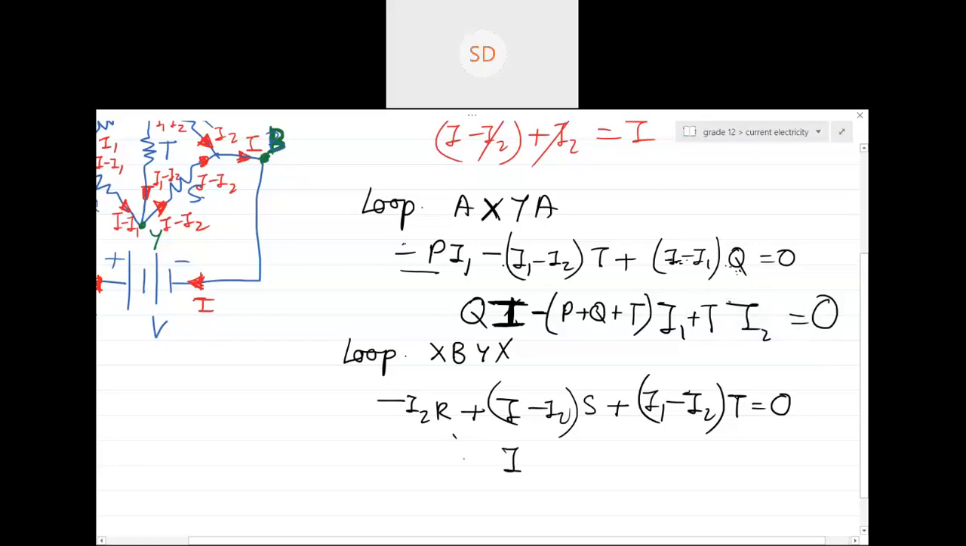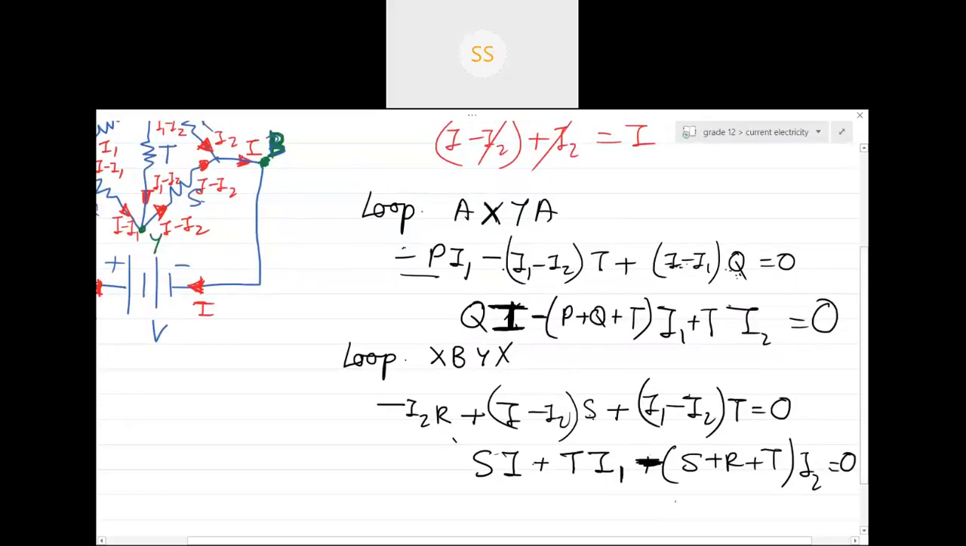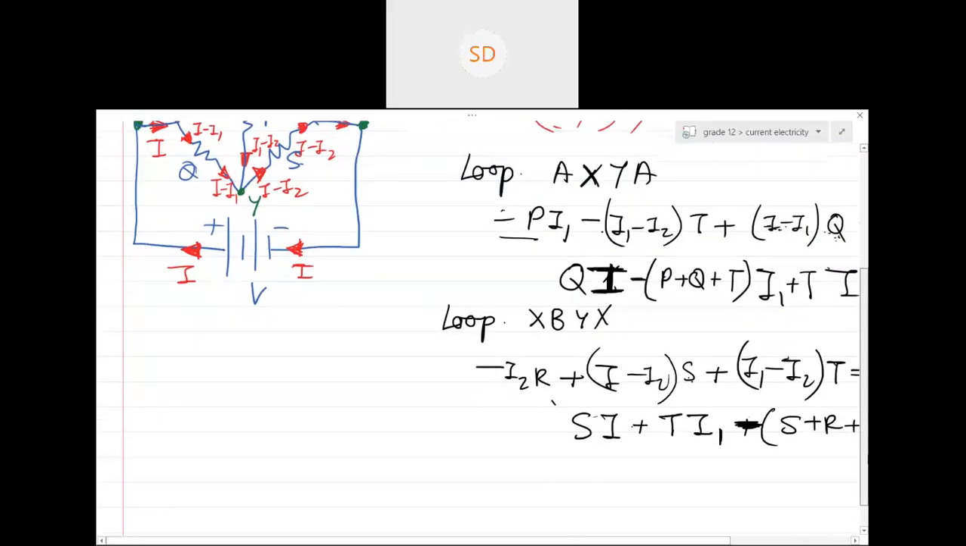Similarly here, S I minus R I2 plus R plus S plus P. I1 first: I1 is minus T I plus I1 T, P I1, plus what about I2? Minus S plus R plus T I2. Minus of S plus R, you got it? Equals 0. The third condition is also there, but it is not required because we want to just make it